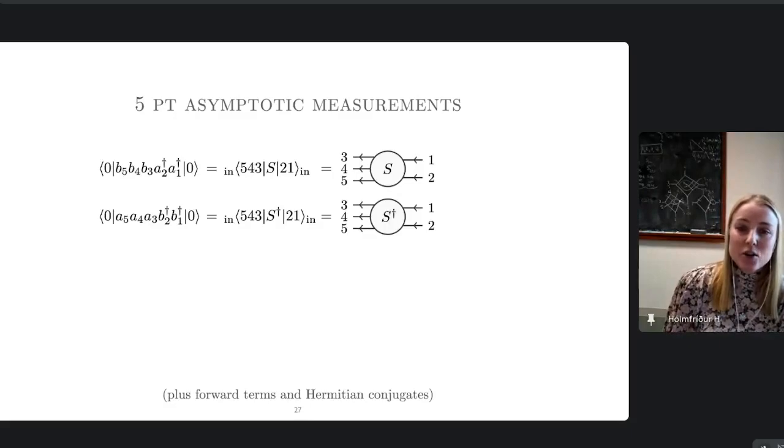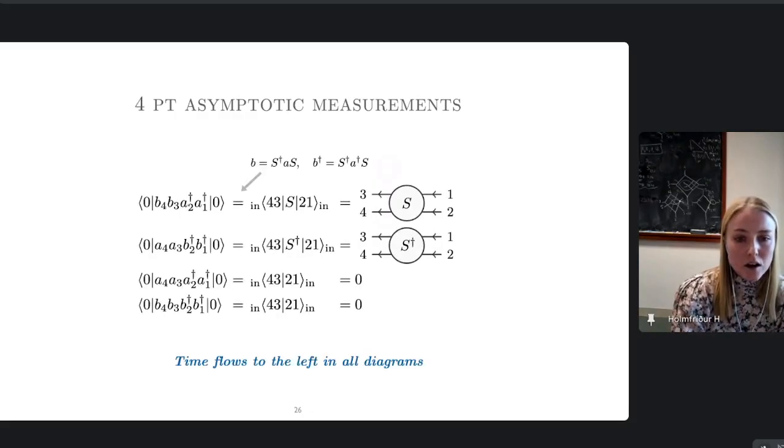All right. So at 5 points, what can we do with the same algebra? We can write down again the S matrix and the conjugated S matrix. The 0 in the slide before is due to the stability. It's basically an assumption that one is not exactly forward with 3 or 4.